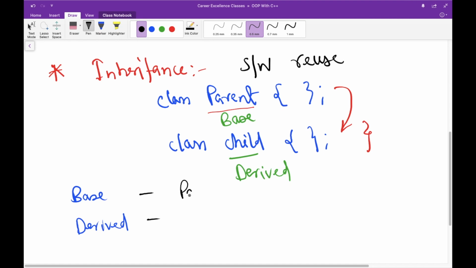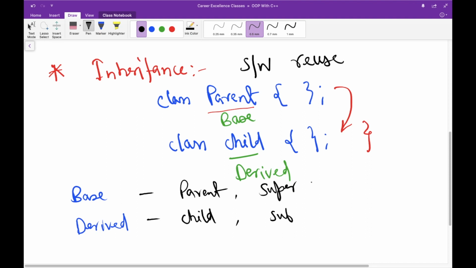Base class is called parent class, and derived class is also known as child class. If you talk about languages like Java and C Sharp, then base class is also called superclass and derived class is called subclass, right?